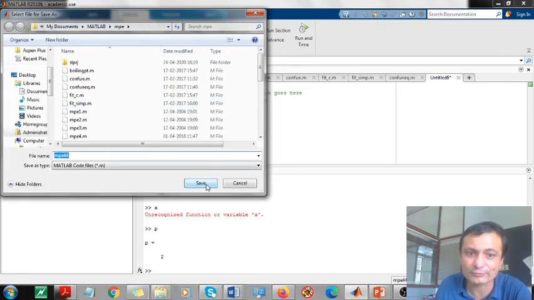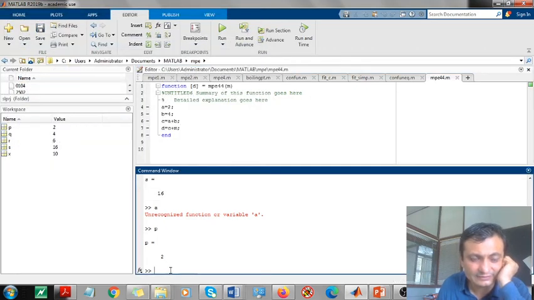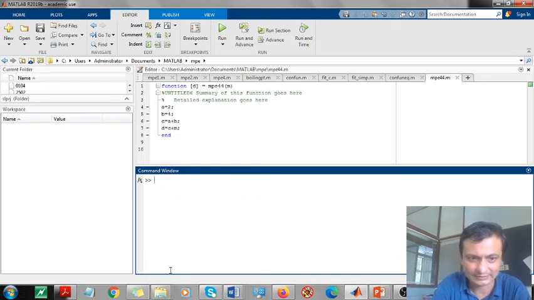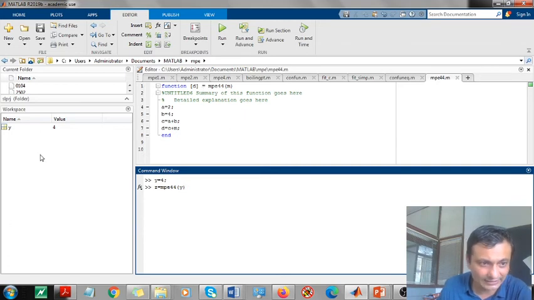It gives me the default mpe44 as an option. I can change it, but I should not change it, because otherwise MATLAB will not be able to access it. I'll save it, I'll clear this, I'll put clc, and then I'll write, let's say, y equals 4, and then since only one output is there, my calling syntax also will have only one output, and that is, let's say, z equals mpe44 into y. And just see what variables appear here. Only z appears because z is designated as an output, no b, no c.